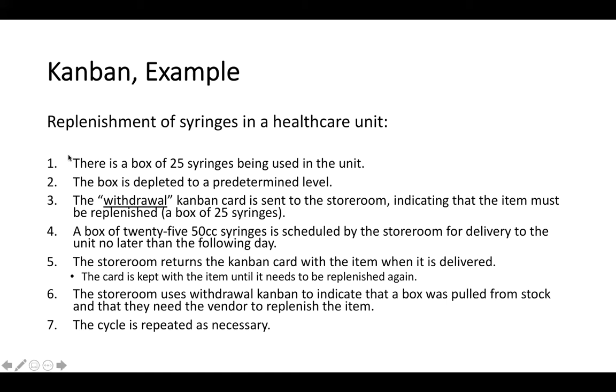Okay. So this was just one simple example of how this Kanban method or Kanban system can be used for helping us to manage the level of inventory. Obviously, in this example, there are a lot of things that are not trivial and they need further analysis to be specified. How do I know a box of 25 syringes is a good one? Why not a box of 50 syringes? Okay. How do I come up with this number to be the proper number